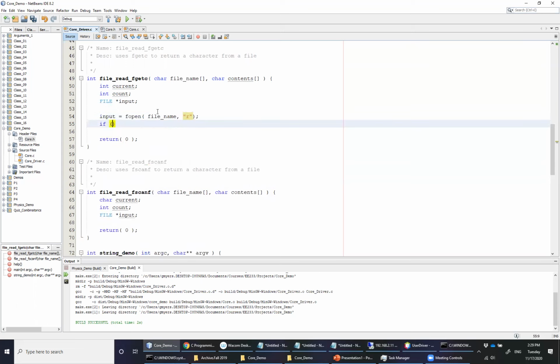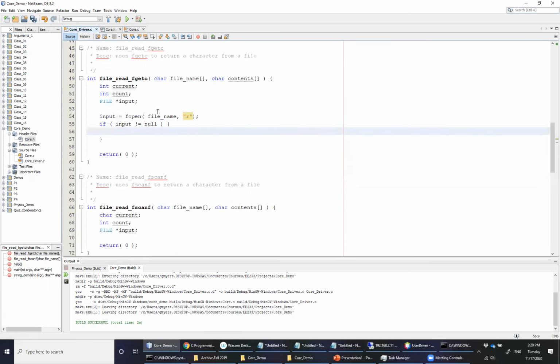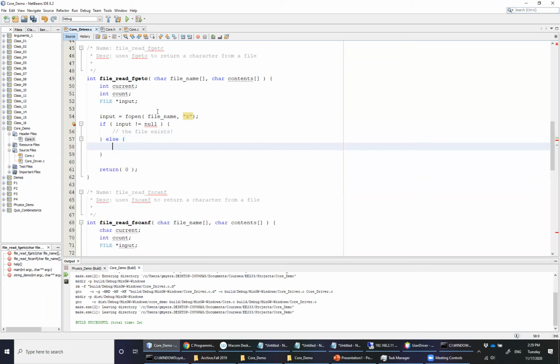Now, as always with a file, you want to make sure that the file does in fact exist. So the first thing we want to check is that the input is not equal to null. This means that the file exists. Else, the file does not exist. All right, there we go. Sorry about that, I misspelled it. And if the file does not exist,